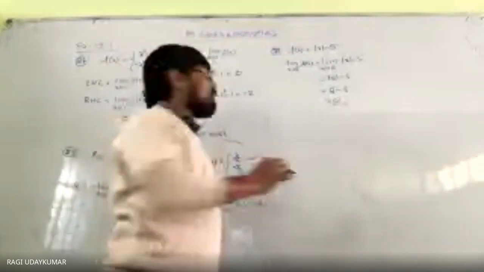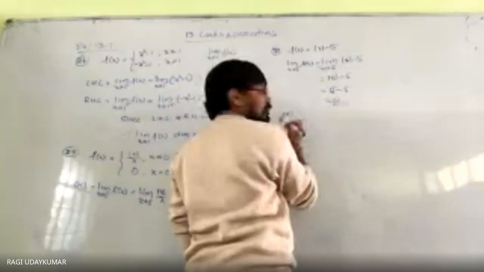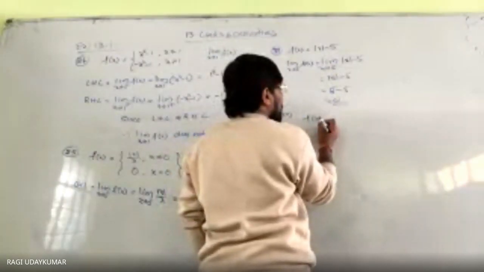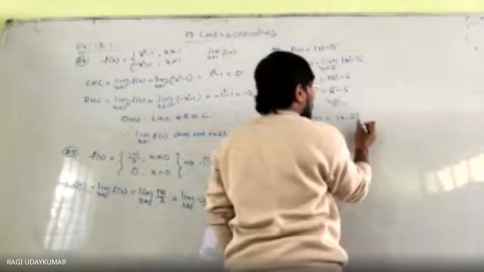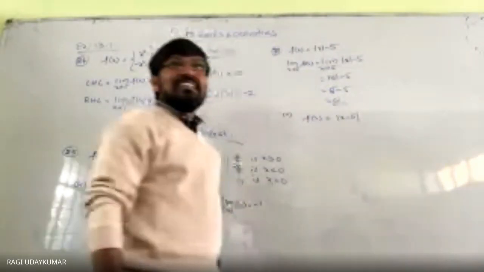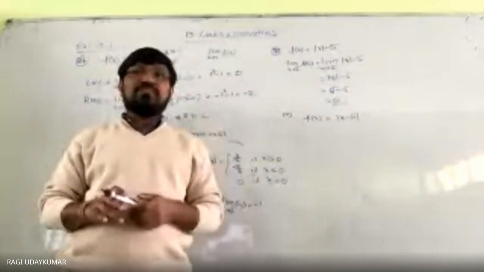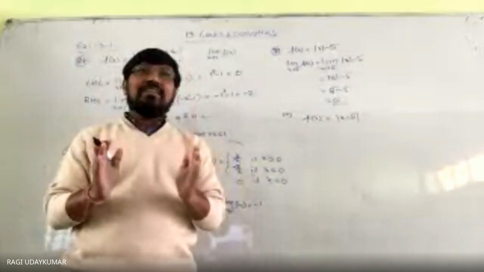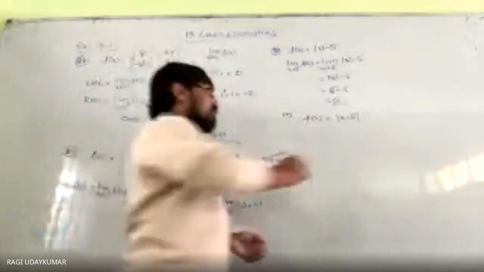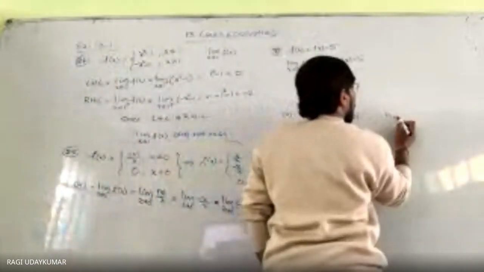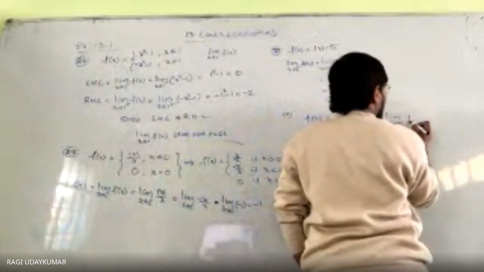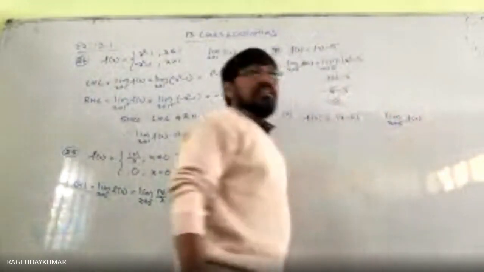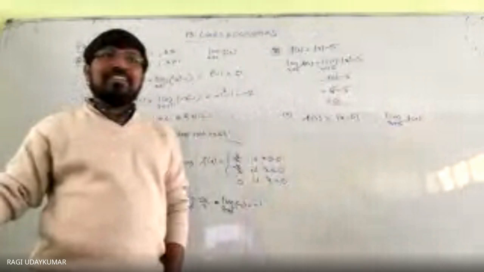Suppose if I give it to you like this. This was the second question. I am changing the question. f of x is equals to mod of x minus 5, and the modulus is taken over the x minus 5, not mod x minus 5. The textbook is given mod x minus 5. The modulus I have taken over the x minus 5 and asking you to find the limit as x tends to 5 of f of x. 0.